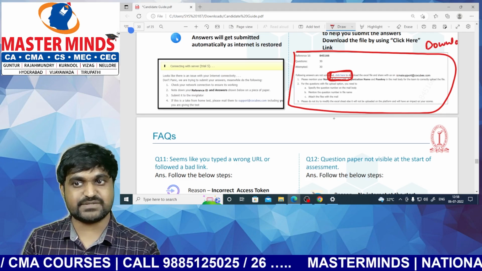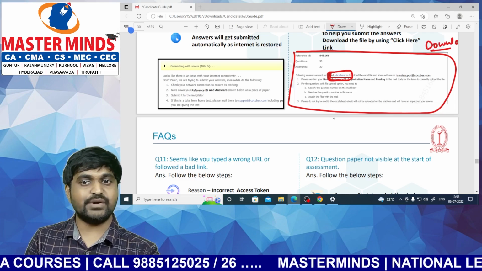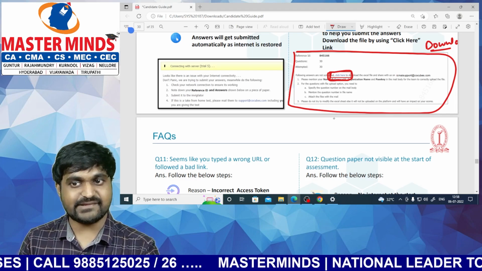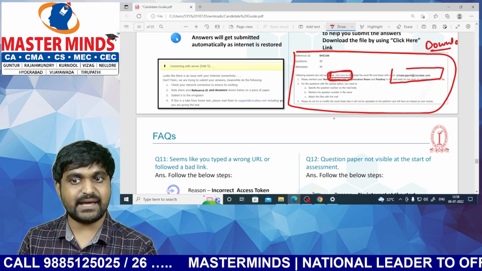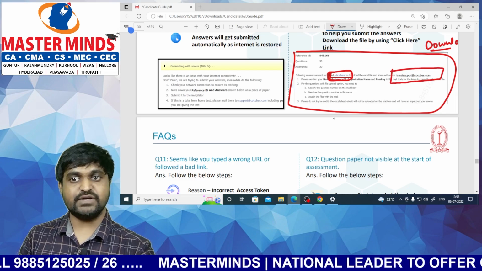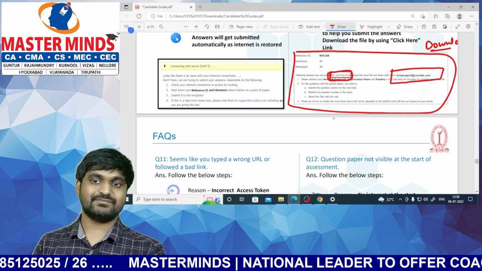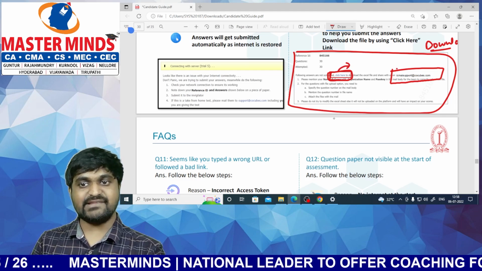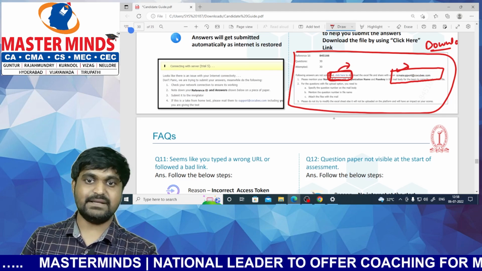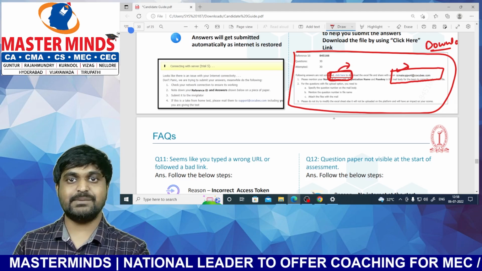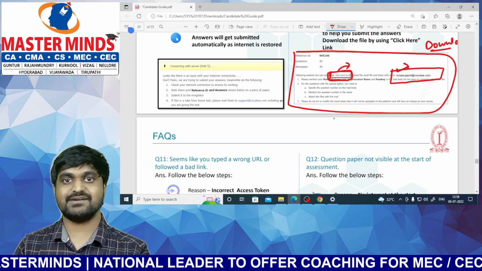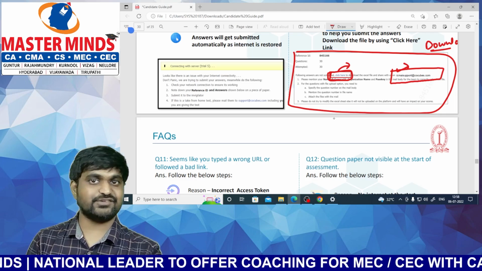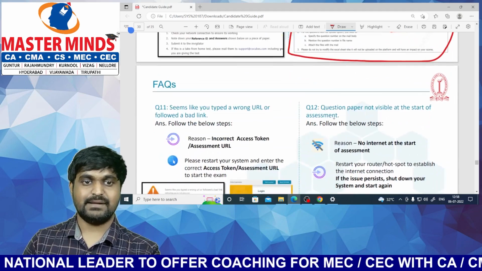Excel format. So your answers will get downloaded in Excel format, and you need to forward that Excel file to ICAI support @ CoCubes.com. So if you forward that your answers Excel file to ICAI support mail, then your answers will be considered by the valuationer. So even though your submission is failed, you can do this physical procedure. There is no issue in it. Next one.